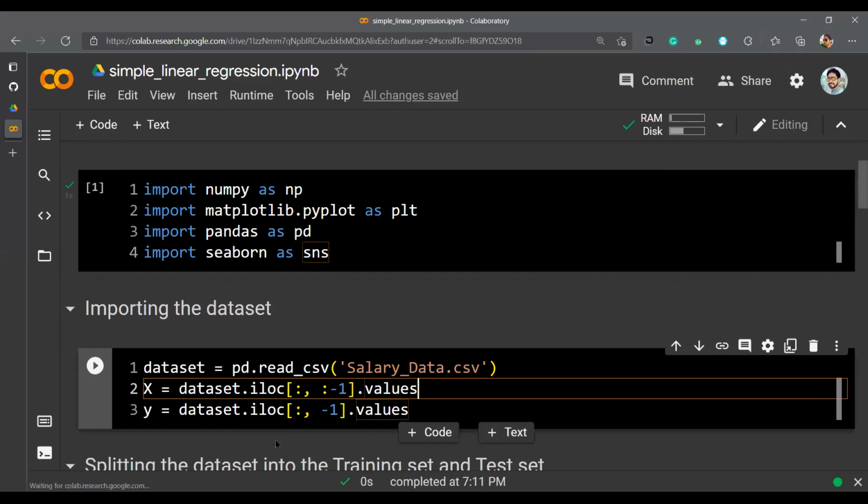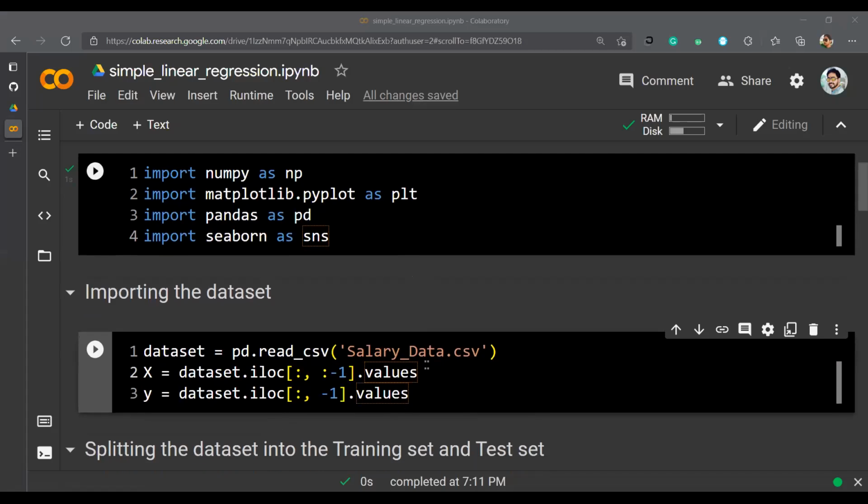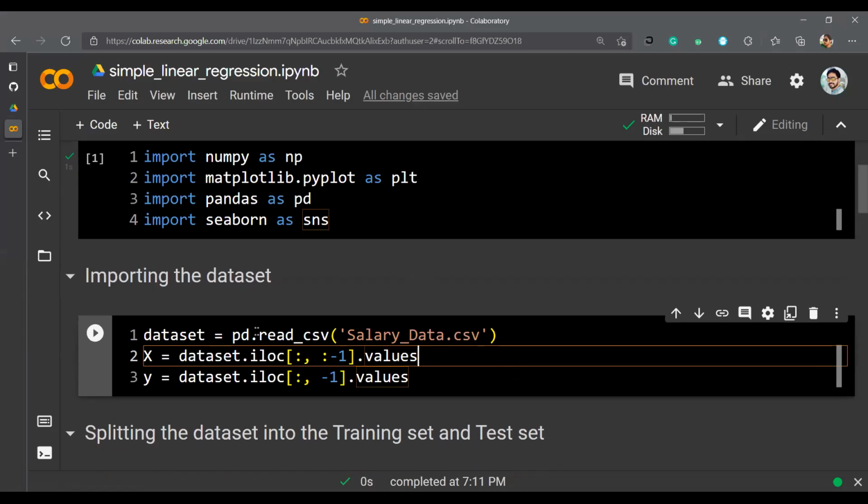So after that, you have to import the data set. For importing the data set, we use Pandas, and we will be using a variable named dataset over there. We will be importing the Excel or say the CSV file.